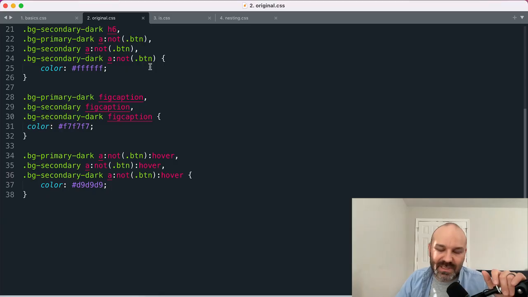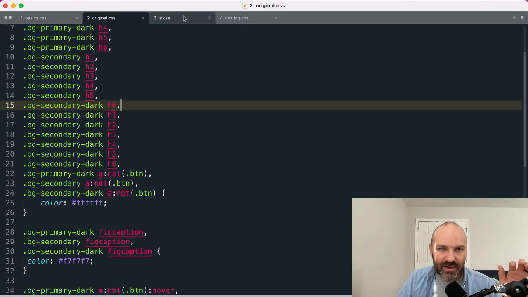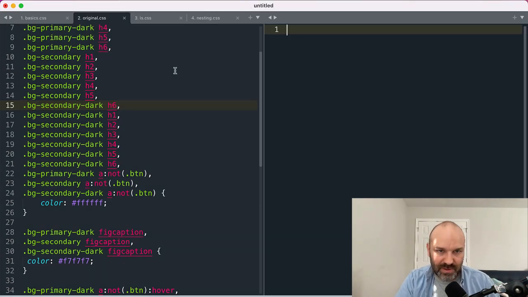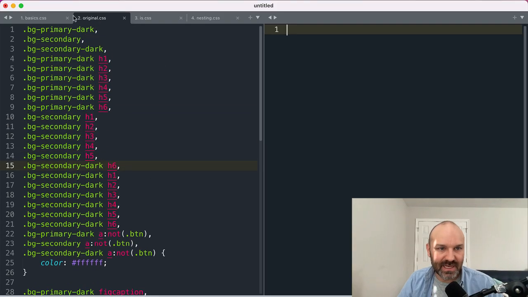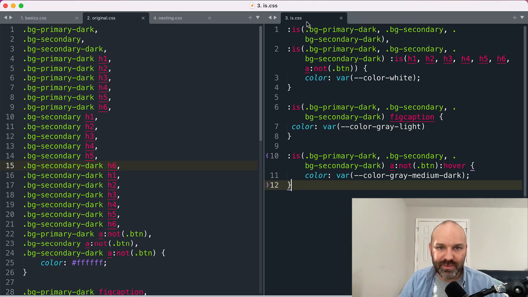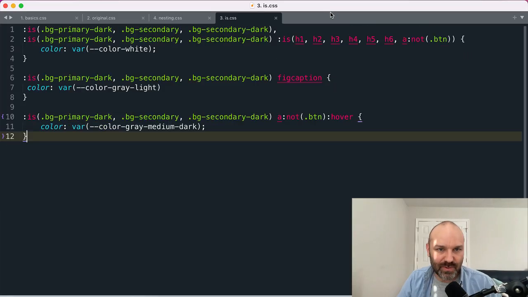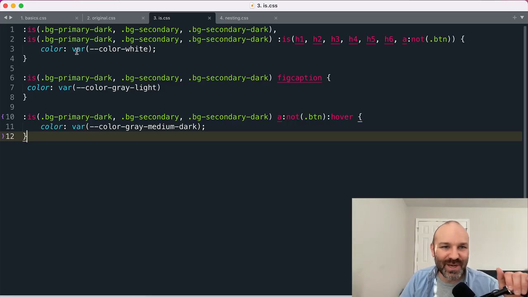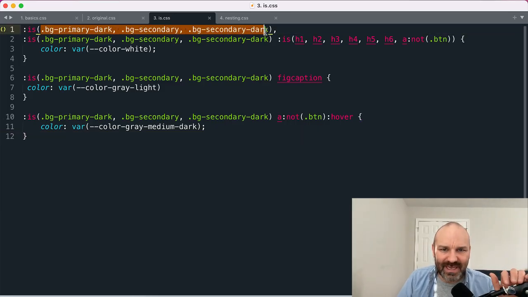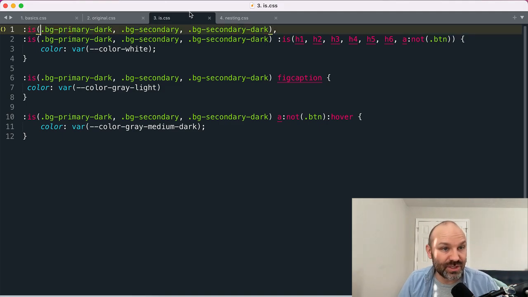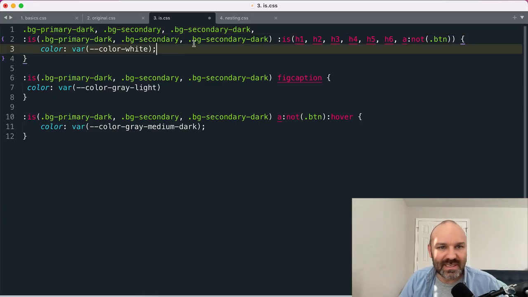So I was able to take all of this and, actually, let's pull up a second pane so you can see these side by side. So I was able to take all of this and rewrite it to look like this. I lied. Let's pull this back into one column because with the wrapping, it's harder to see. The way this works is, and this doesn't have to be an :is, these could theoretically be on their own. They arguably even should be on their own. I actually think it might be better to just write those like this. But